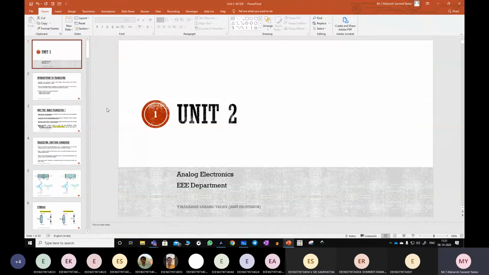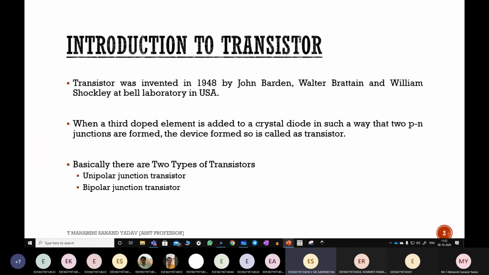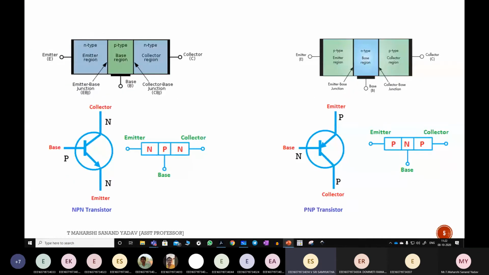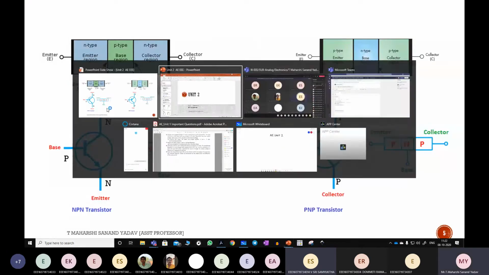And if both are forward biased? It is on, nothing but saturation. Can you explain all the remaining three conditions also? If both are forward biased, that is saturation, which is on. If both are reverse biased, it is the cutoff region, which is off. If J1 is forward biased and J2 is reverse biased, it is active, that is, it acts as an amplifier. And if J1 is reverse biased and J2 is forward biased, it is also active.